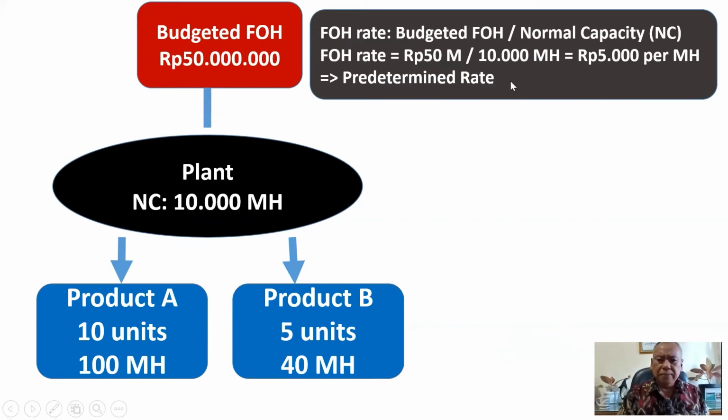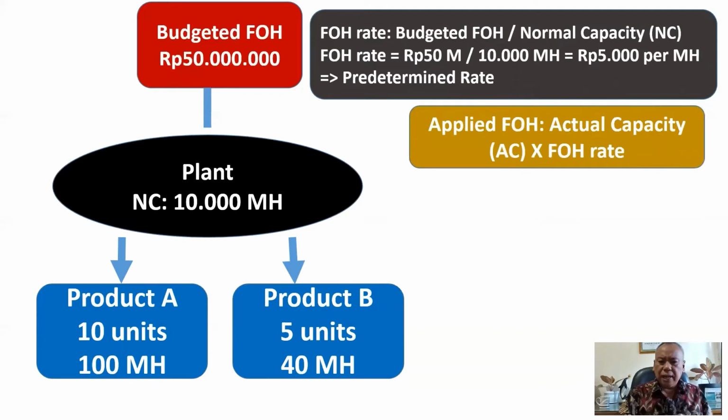So we call this the predetermined rate. Why do we call this predetermined rate? Because we determine the rate based on the budgeted factory overhead. Budgeted factory overhead we prepare in the beginning of the period. And then after we find the factory overhead rate, we can assign or apply